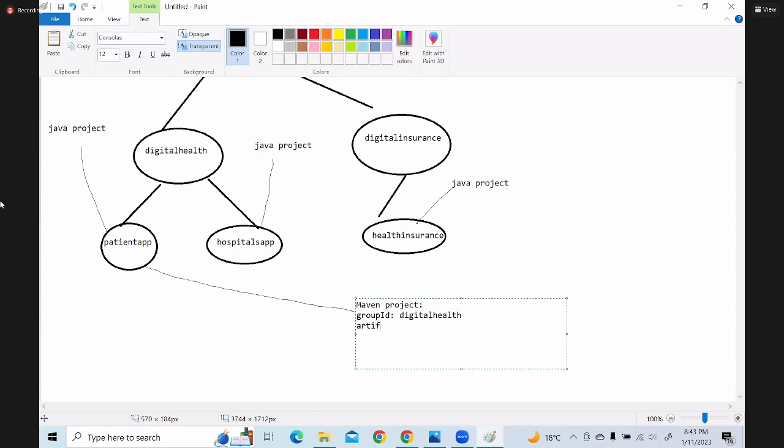What is artifact ID? Artifact ID I'll give as patient app. And what is the version? Initially the version can be